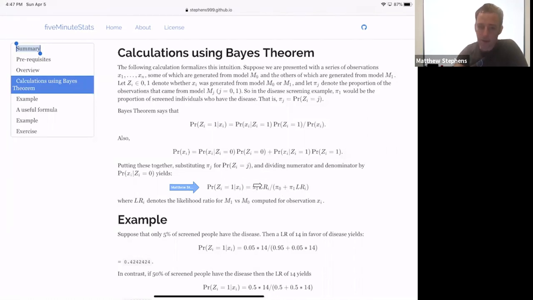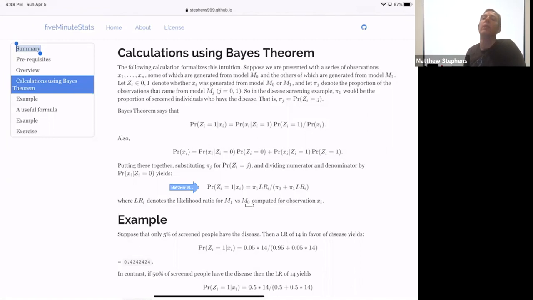Here the two key things are the likelihood ratio for being diseased versus not diseased, which we've already talked about, and the prior probability of being diseased versus not diseased. So pi1 is the prior probability of being diseased, and pi0 is the prior probability of being not diseased. Think about a setting where you're screening a whole series of people, and some of them are diseased and some are not. pi1 is the proportion of those individuals that are diseased, and pi0 is the proportion that are